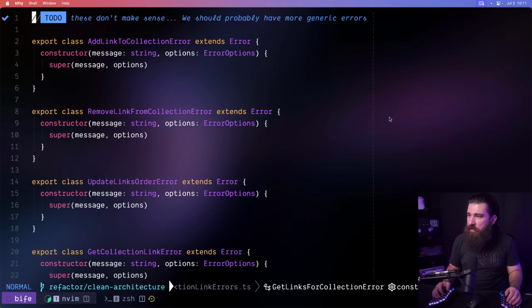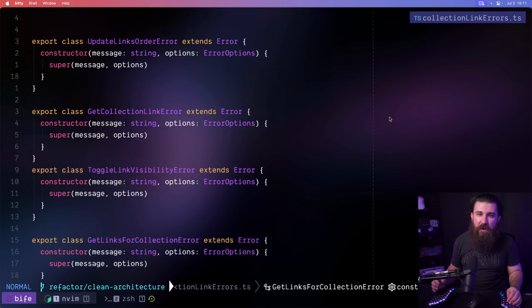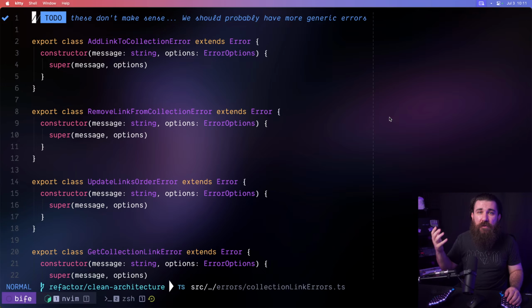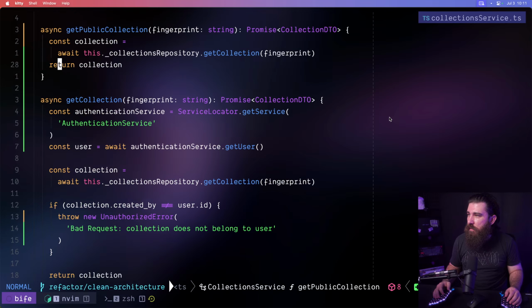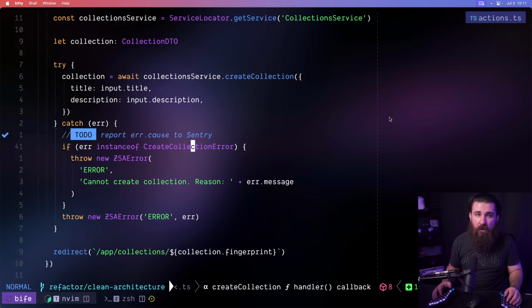These are all copy-paste boilerplates. Sure, it's a different type of error, and therefore we can do these instanceof checks. But do we actually need to